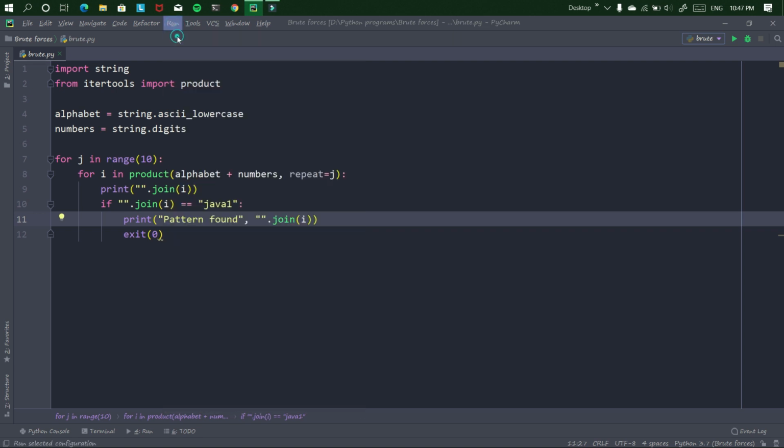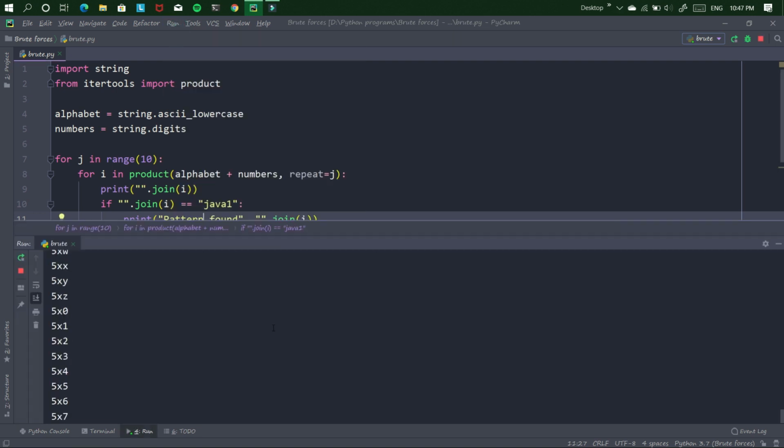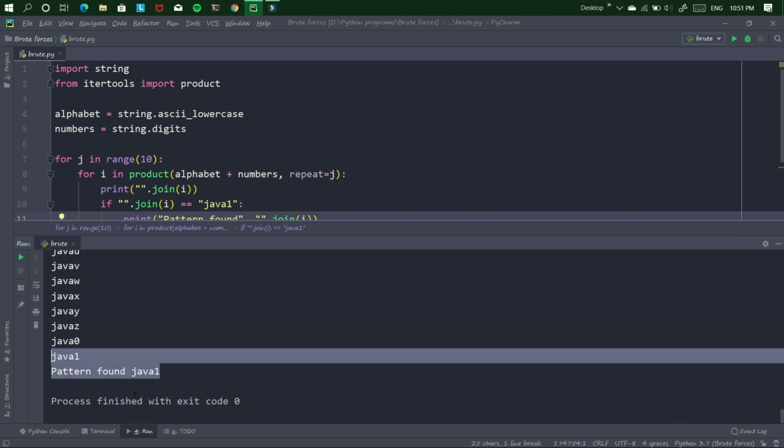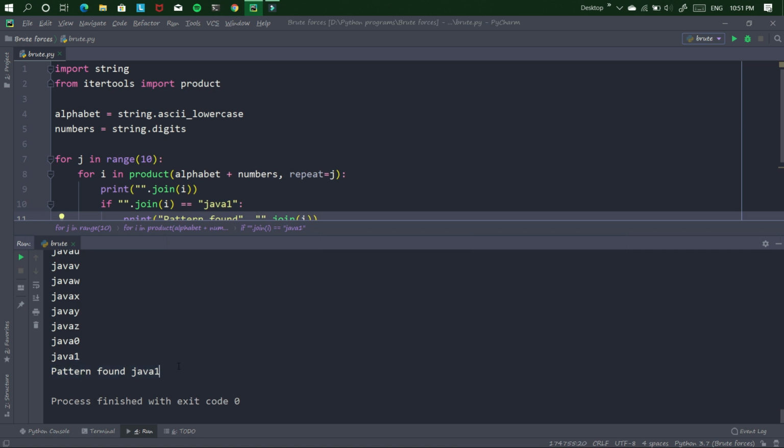If I run this, it will take too much time to generate. You can see I got the combination.